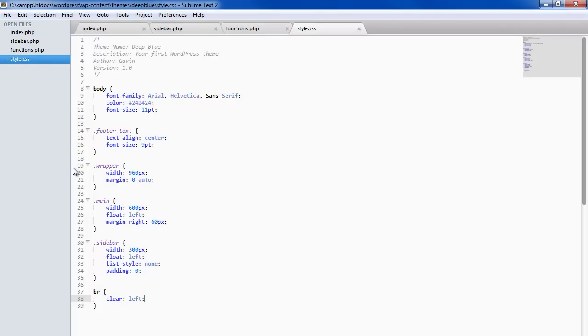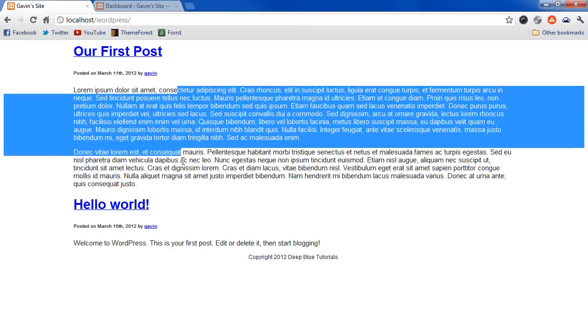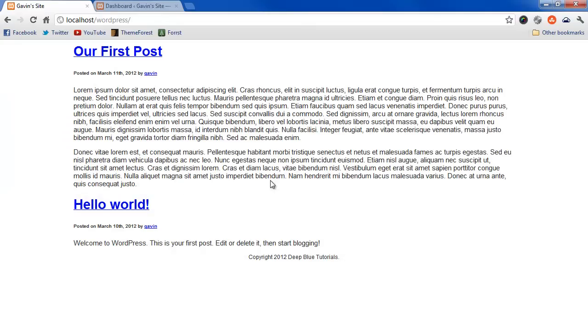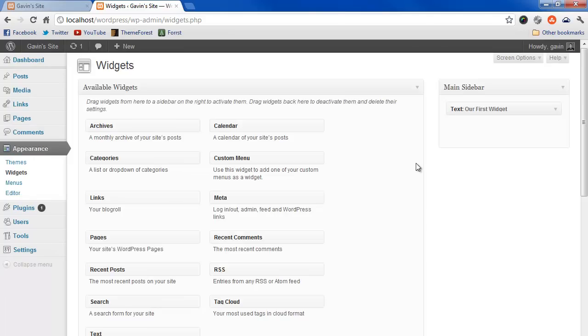So now that we've got all that done, we're going to go to our site. That's the site before we made any changes. That's the theme that we created from the fourth tutorial. Now I'm going to go to the back end, into appearance and widgets. And here we see our main sidebar. That's just one of the basic default widgets WordPress added. I'm going to add in our archives